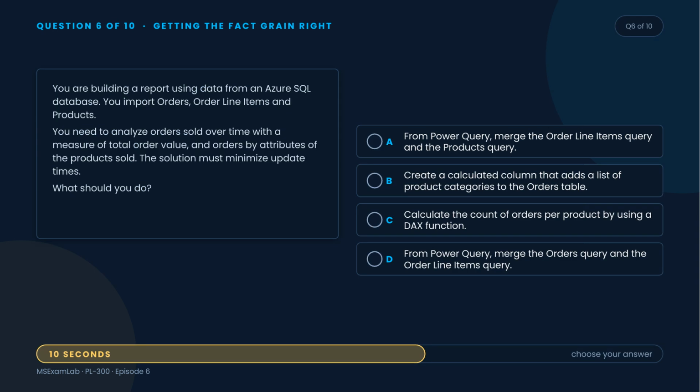Question 6 of 10, getting the fact grain right. You are building a report using data from an Azure SQL database. You import orders, order line items, and products. You need to analyze orders sold over time with a measure of total order value and orders by attributes of the products sold. The solution must minimize update times. What should you do? Your options: